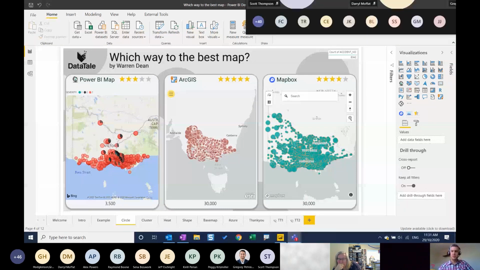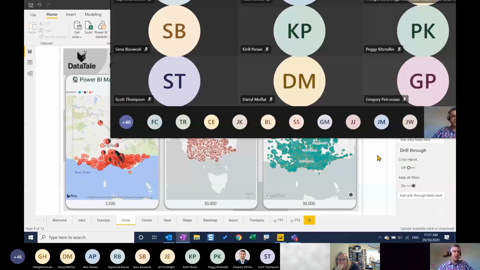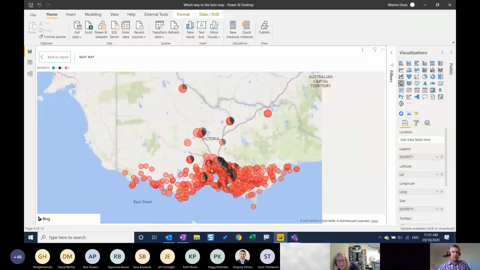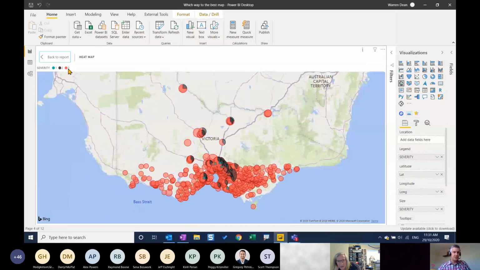So we'll start, oh, sorry, there we go. So we've got the Power BI map. I've given it 3 out of 5 stars for doing circles. So I'll just zoom into this one. So the Power BI map is quite good, but it does have a major limitation that it can only take